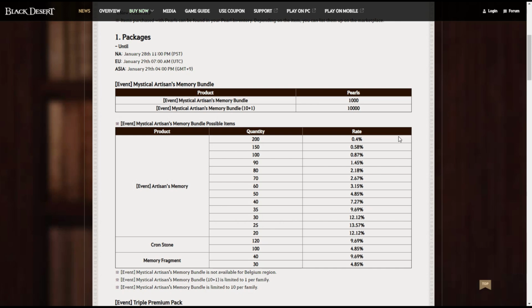There is always that chance that you'd hit that magic 200 quantity and come out with a really decent volume of memory fragments. However, what's more than likely going to happen is that you'll pick up one of the lower memory fragment amounts. It is worth noting though that there are cronstones in this, so if you're somebody that really detests cronstones and has no use for them, it might be better off just going with the straight up memory